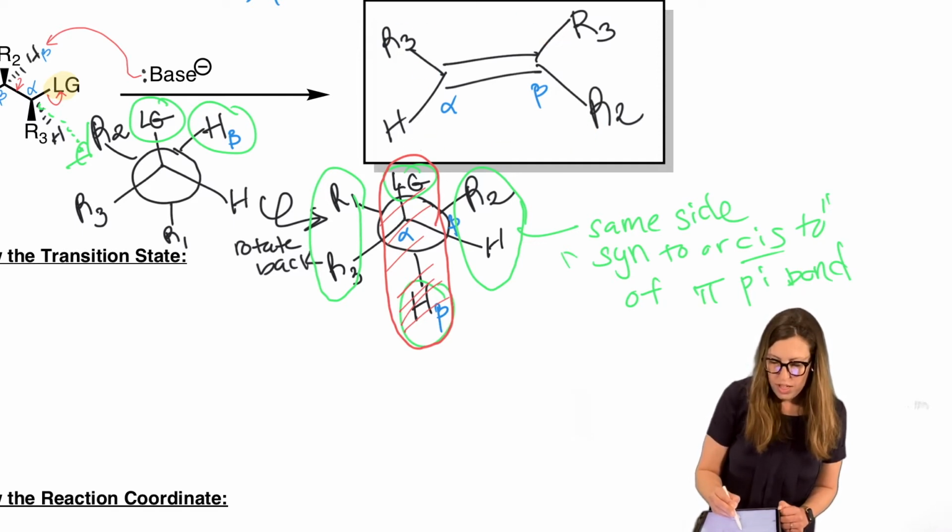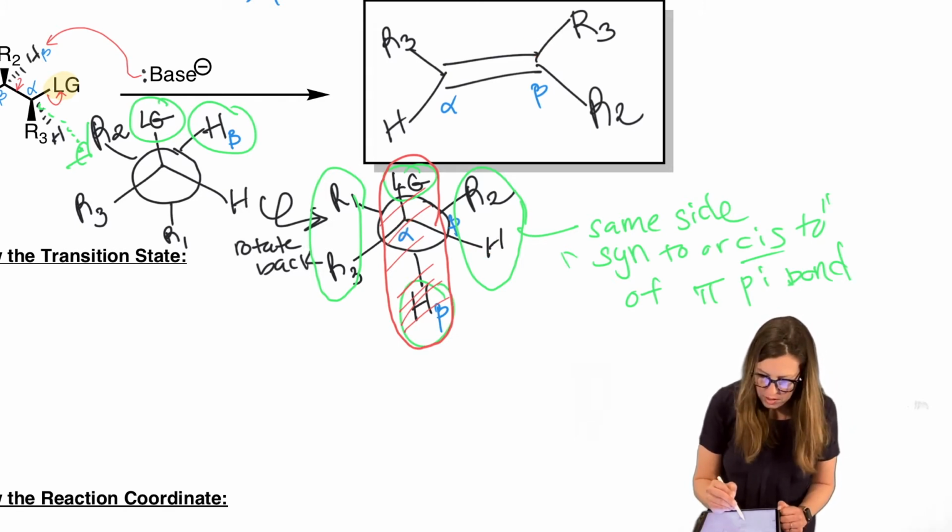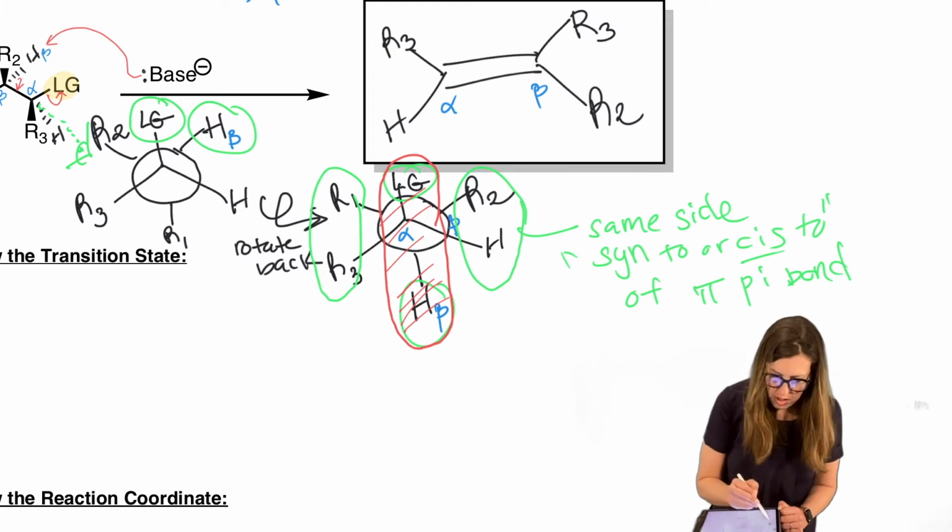These two groups are on the alpha carbon. R3 and H are on the alpha carbon. R3, oh, I wrote R3 twice. So I'm glad I talked through this. R3 is on the alpha carbon. R3 is not on the beta carbon. On the beta carbon, we have R2, and this should have been R1. So I apologize if that was confusing. There we go, R1.